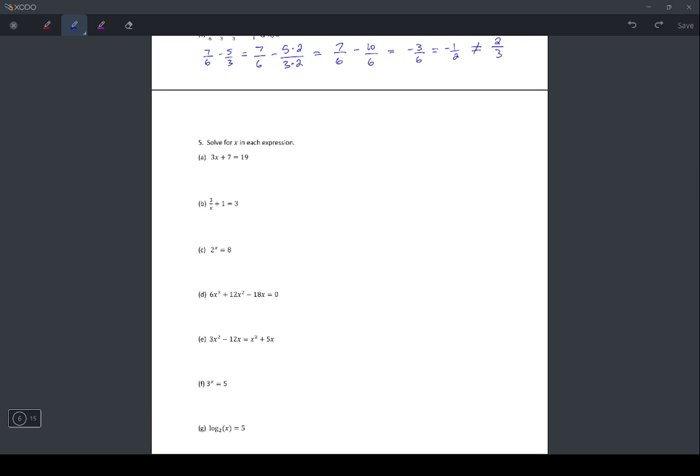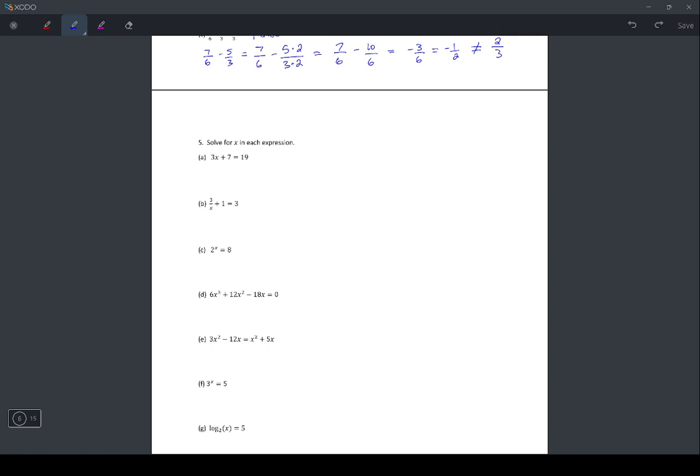Okay, question 5 is a whole bunch of problems asking us to solve for x. So it's everyone's standard operation that you do in different courses in high school. Solve for x. Find the value of x and make something happen. And the rules, there's really just one rule for solving for x, and that's if you have a statement that's